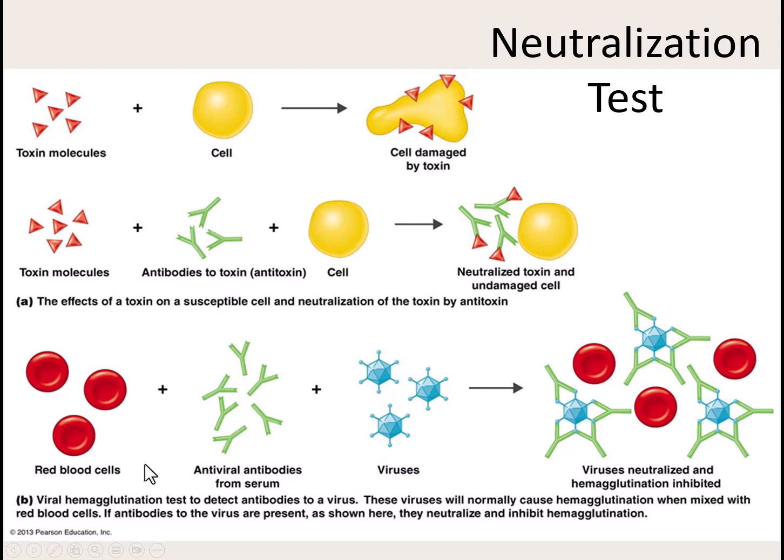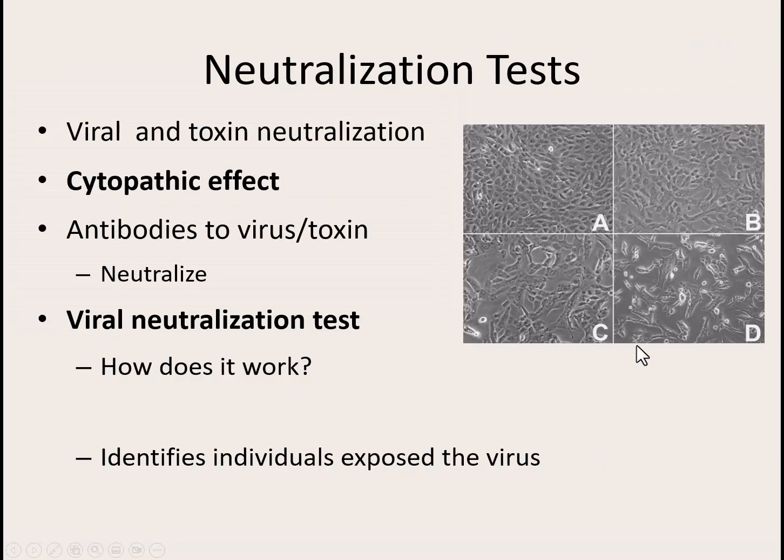Same idea as if we're looking to see if this virus will infect these red blood cells. If we add the patient's antibodies, and the patient has the antibodies in their blood serum, the patient's antibodies are going to attach to the virus, neutralizing it so that the red blood cells don't get infected, they don't get destroyed. What that can look like in a lab underneath a microscope so we can visually see the cells is we can study and look at the cells